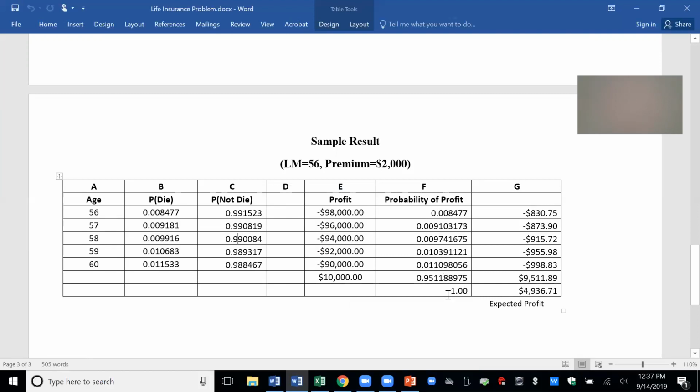Do they add to 1? Yes, they do. Terrific. We have a solid probability distribution here of values and probabilities. Probabilities all add to 1. Probability times value, probability times value, probability times value, probability times value, probability times value, boom. Add them up. Insurance company is going to make almost $5,000 on this policy. That is the expected profit to the insurance company. This is exactly the way insurance companies price their policies. This is the exact work that actuaries do using these life tables.